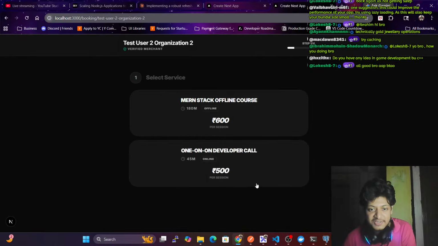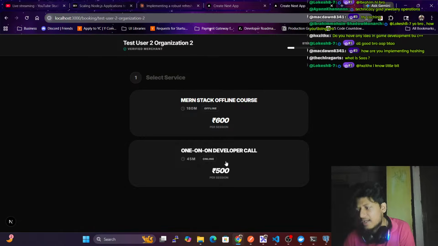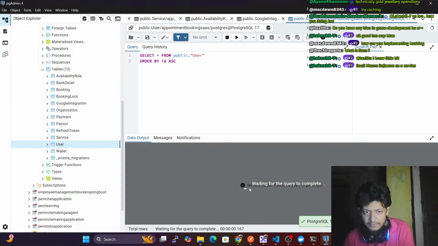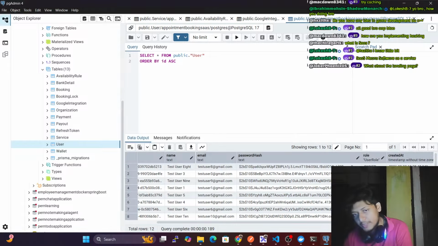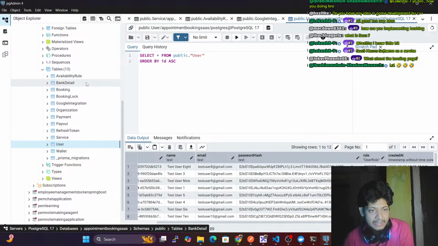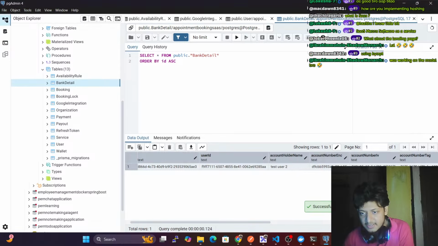Okay, we have this one stack add-on. How are you implementing hashing? We are storing the password as hash in our database. For example, for user, for the password we are using bcrypt for hashing, and this is the password hash. Even if somebody hacks the database, nobody can see the password. And we are also hashing the account number. If you go to the bank detail page, you can see the account number is also encrypted. This is the encrypted account number. So yeah,